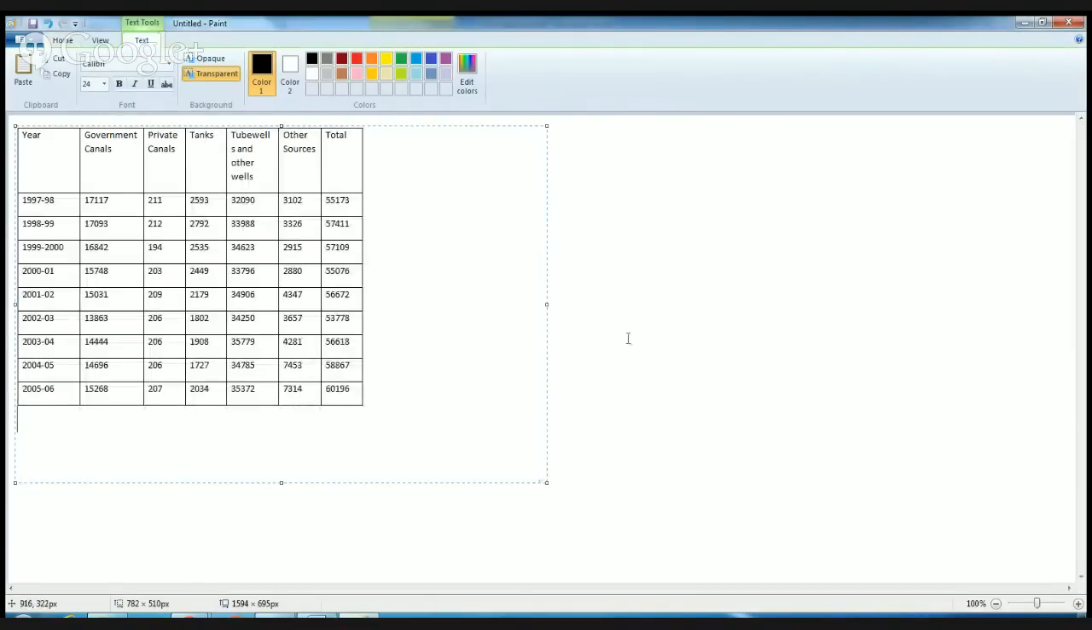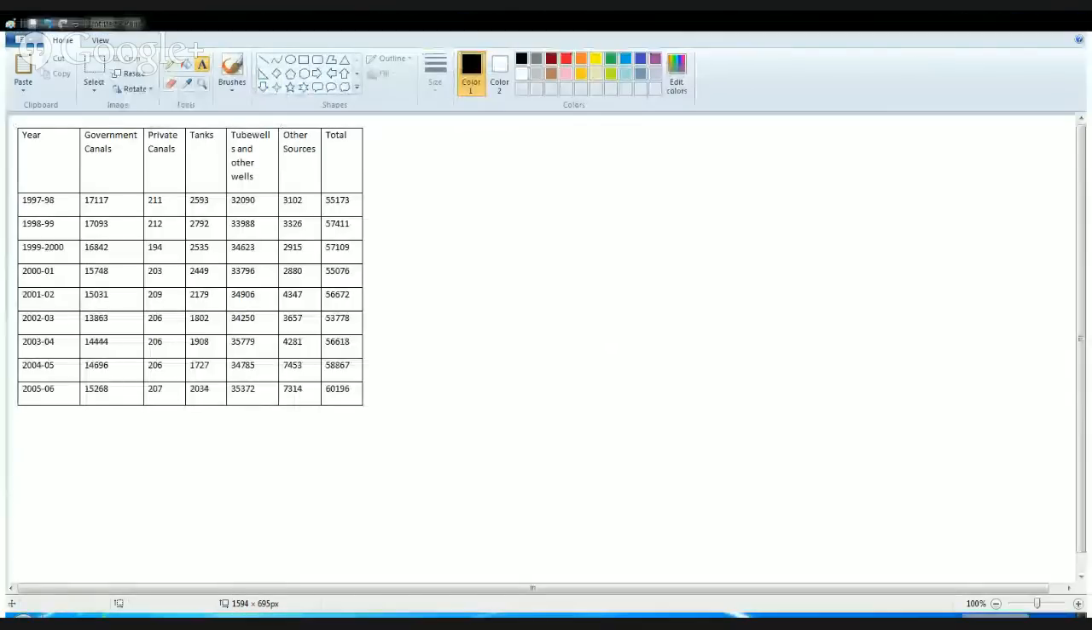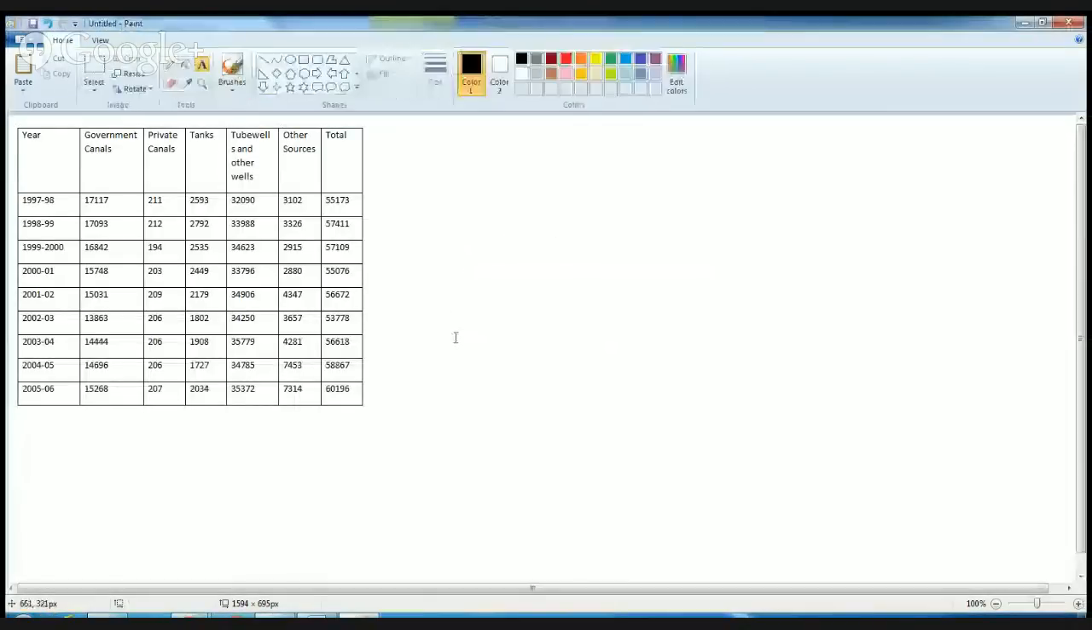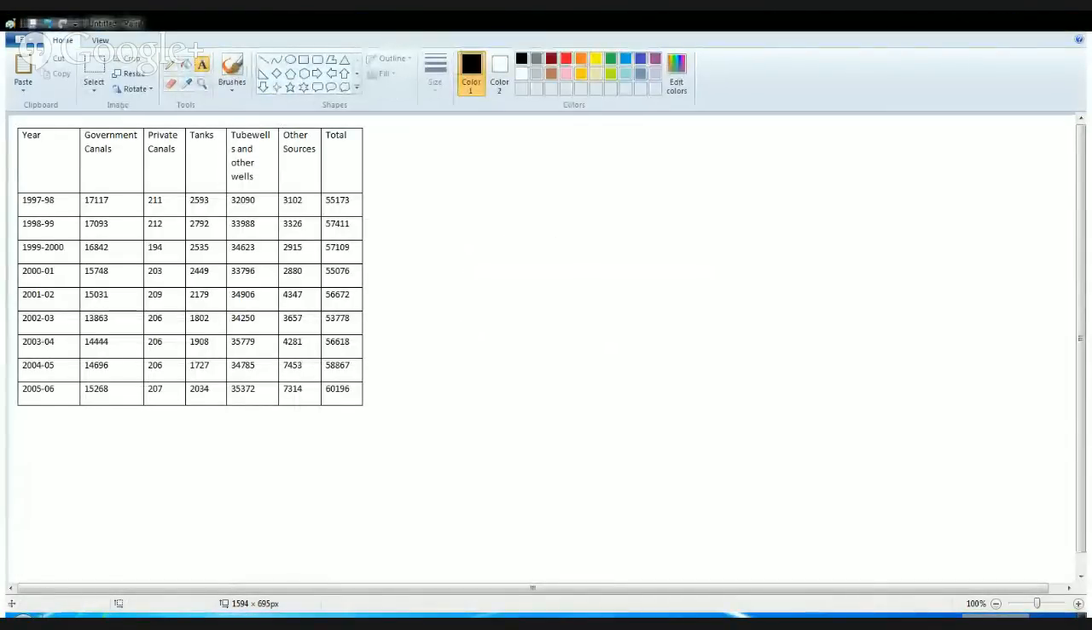So this is the table that is given. Based on this table, there are various questions, but the principle applied in most of the questions is just two simple principles. One is new year minus the old year divided by new year into 100. So for example, the first question